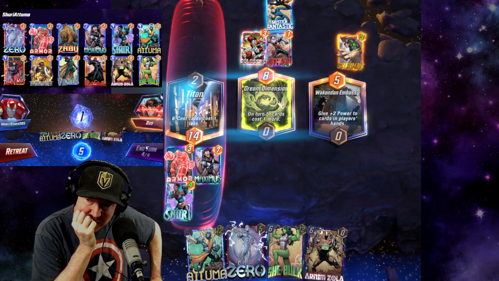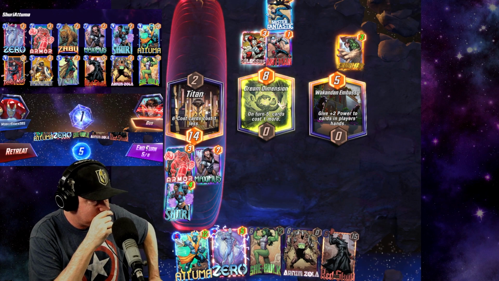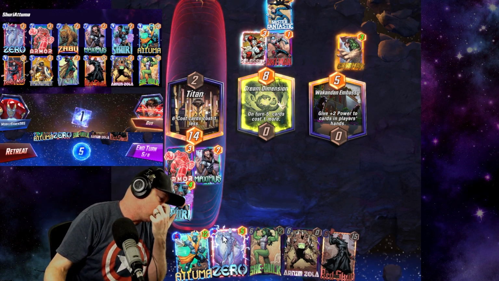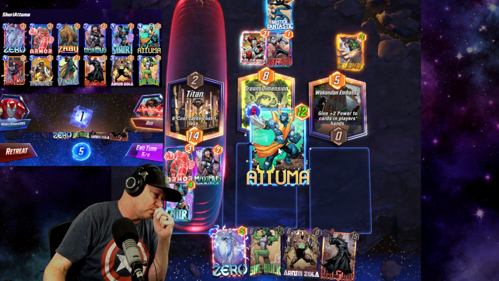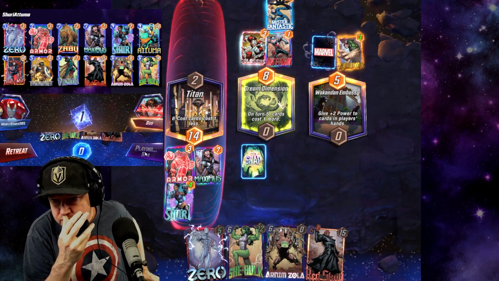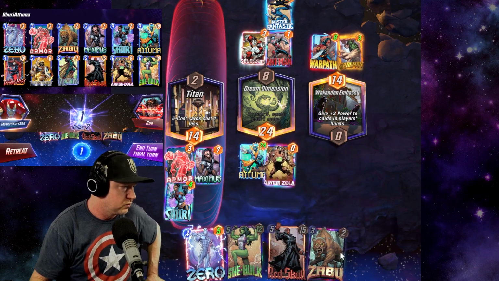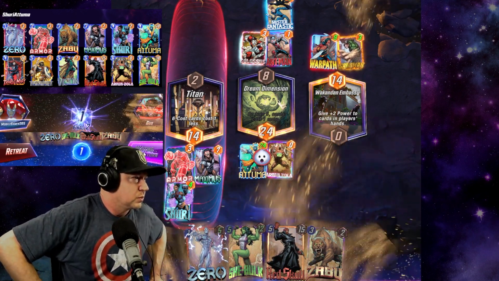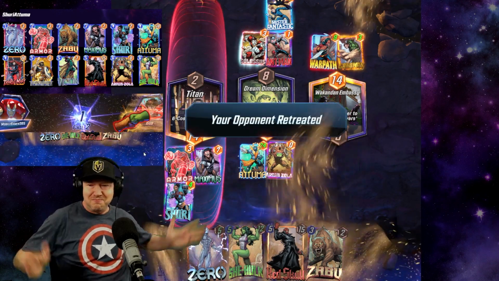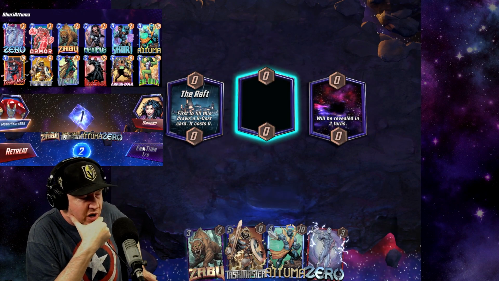All right. So it won't come as a surprise, but oh, actually, it still works. Watch. It still works. Yeah. It worked. It worked. We've got Zabu. If we can draw into Shuri, then we'll have